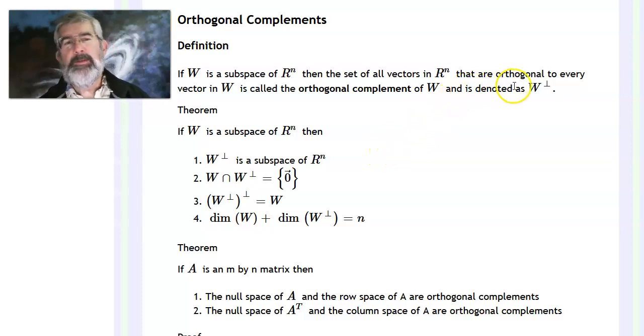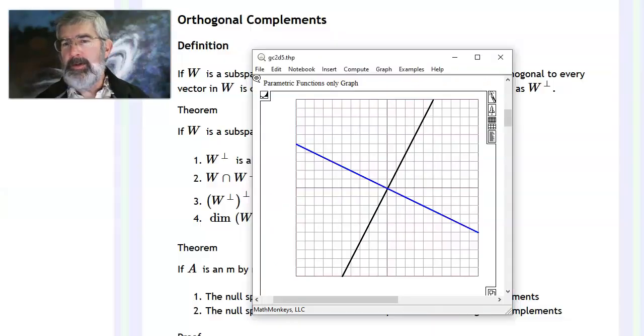Now I say perpendicular because I'm okay with the notion of perpendicular in Rn. The book is very careful and it always says orthogonal, meaning dot product equals 0, right? So let's take a quick look at a couple of examples here. So in R2,